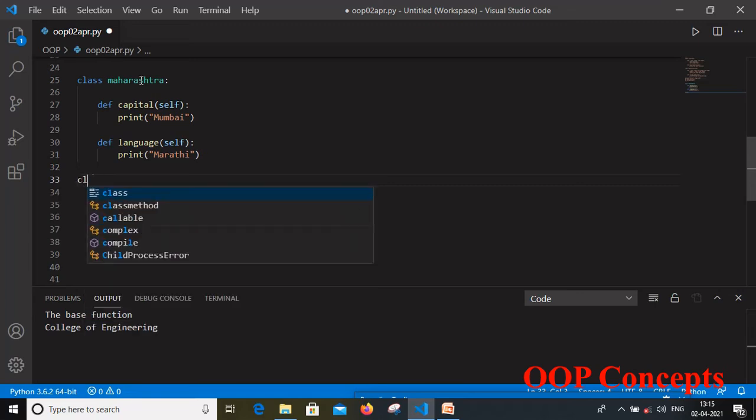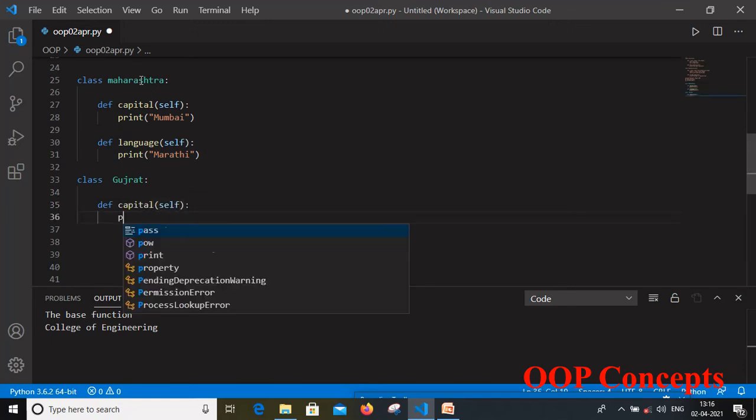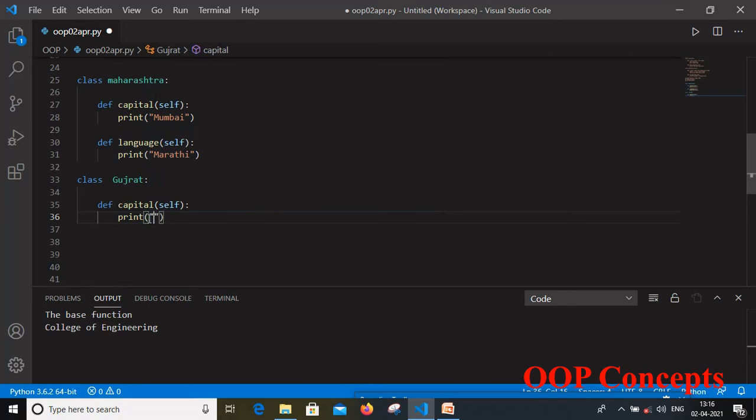I'll take one more class, and the name of the class is, let's say, the other state, Gujarat. Within that I can again take the same method name, that is capital, and here I just write a print statement: the capital of Gujarat, that is Gandhinagar.